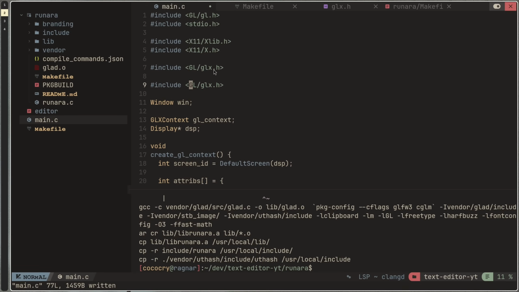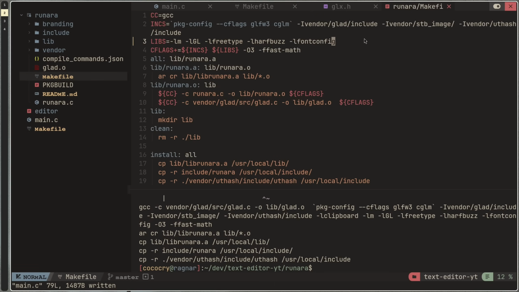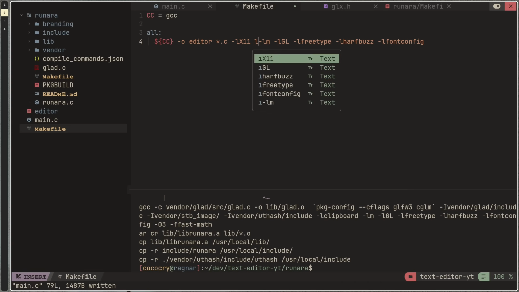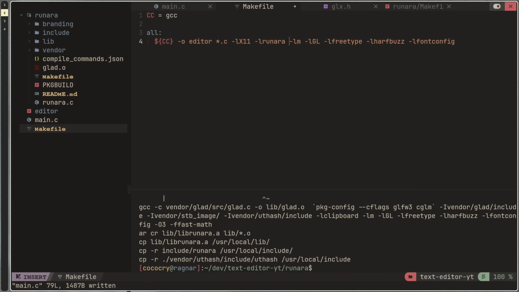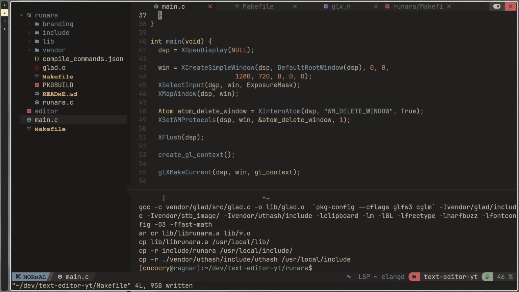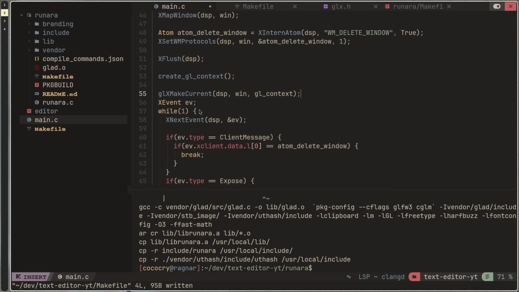Then we can just include runara/runara.h. And also, a very good practice, because if we don't do it, then the project will just not compile, is to put the dependencies of your dependencies in your dependencies, right? Before that, you need to link with the dependency that has those dependencies. Okay, so that's it. Let's try and say rn_init,